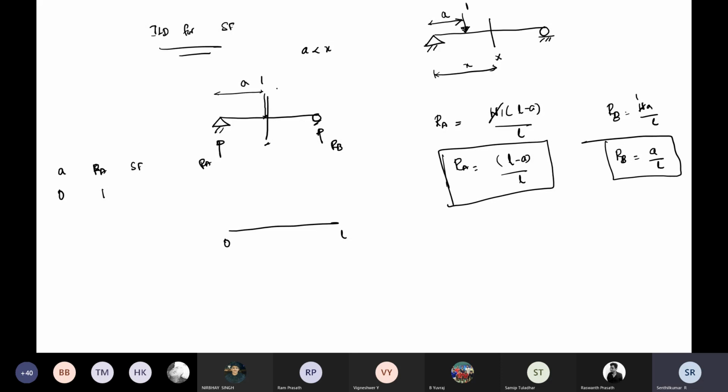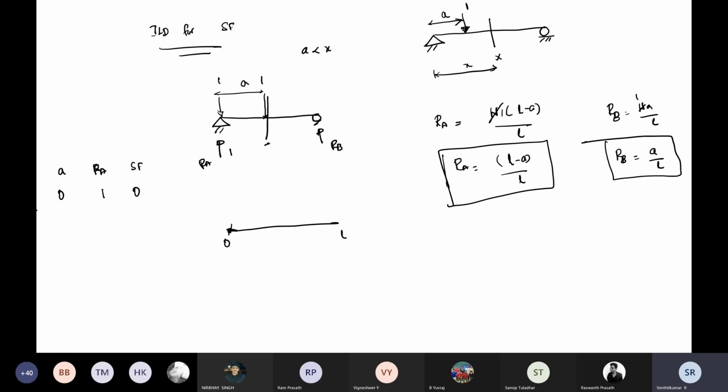What about shear force? A is 0 means your unit load is exactly here. So RA value will be positive 1 minus 1, that will be 0. Shear force is 0. Right? I am drawing the shear force diagram for the ILD. So I am keeping A equal to 0, RA equal to 1. Then shear force will be, this RA value is 1. I am keeping A as 0 again, so the unit load acts exactly near the support. So 1 minus 1 will be 0.